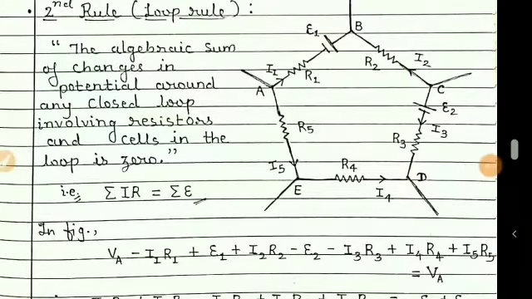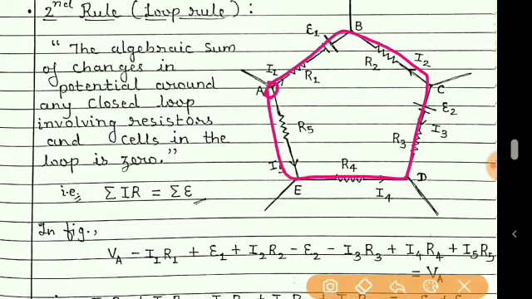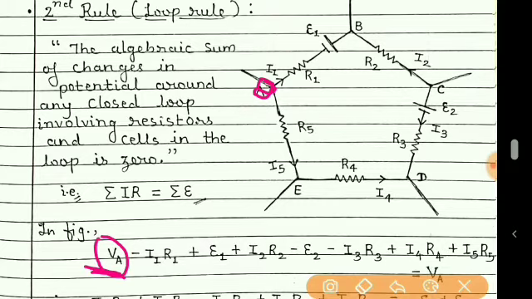So now let us start Kirchhoff's second rule at this loop A, B, C, D, E, A. So starting from point A, the potential of point A is VA. Students, look here in this equation. So we have started from point A. So we have written that potential is VA of that point. Now we are moving clockwise. So we are moving in this direction. And you can see this current I1. It is also in that direction. So I1 into R1.